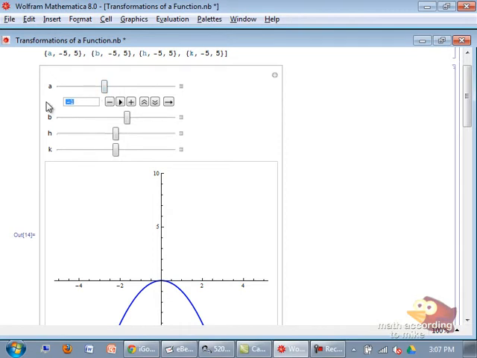Let me start A back at 1. So notice as I increase A, it appears that the graph is getting thinner. What really is happening is that you're multiplying all the y coordinates by whatever A is, so it's growing that much faster. So in this case, if I multiply it by 3, then the ordered pair 2, 4,